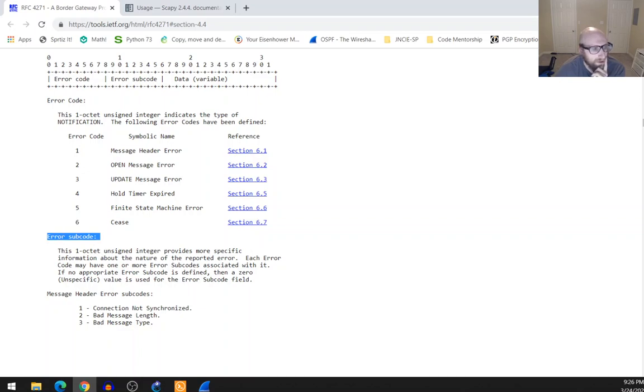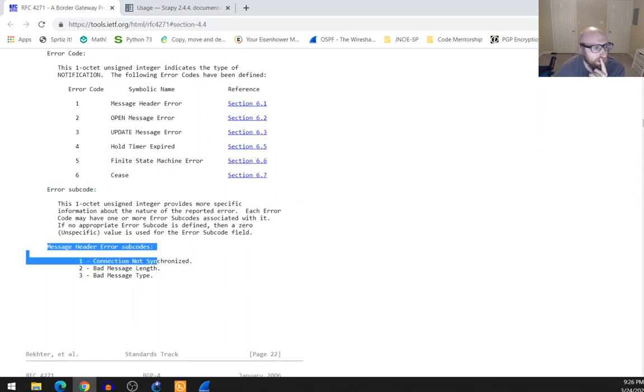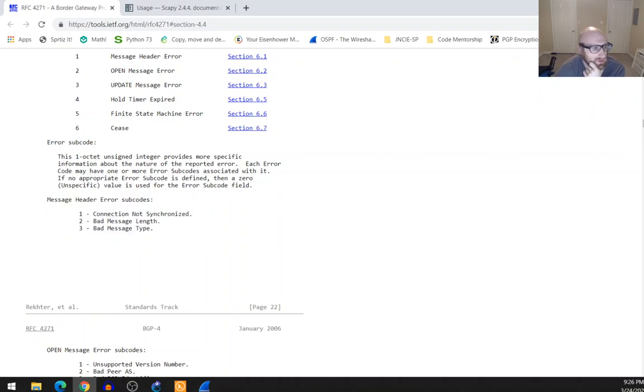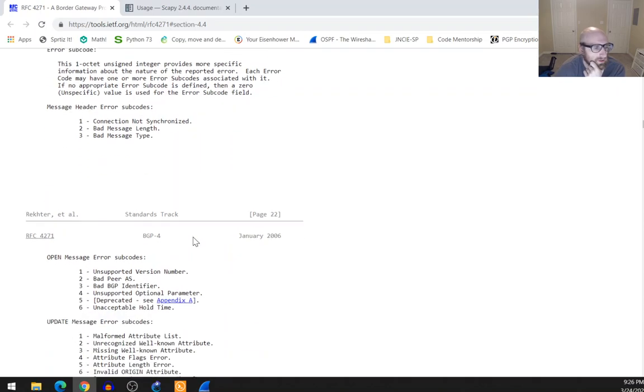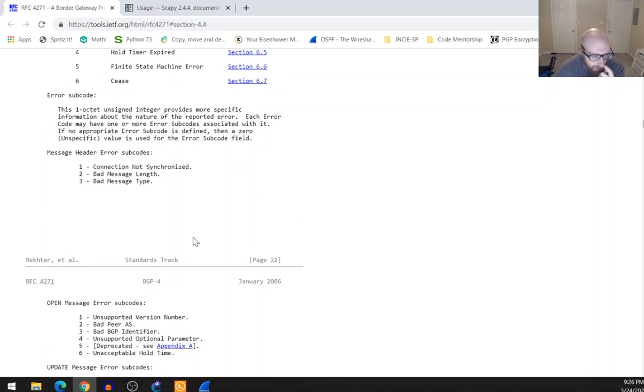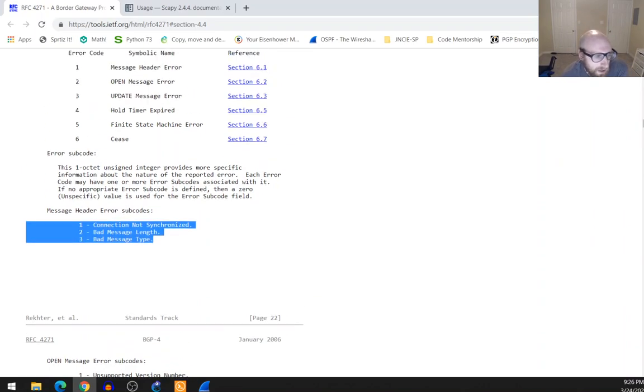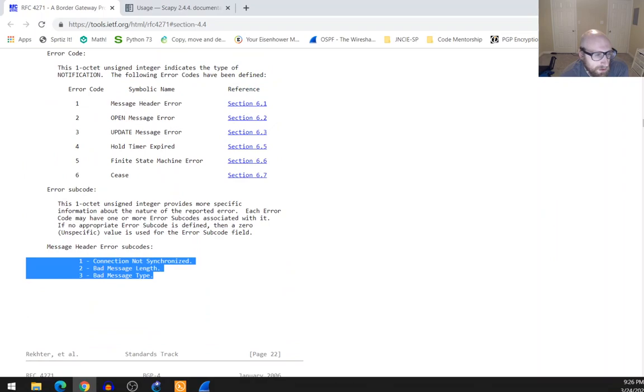Okay, so here's the first type of error that I would like to try to trigger. This will occur, number 1, if the connection is not synchronized, number 2, if there is a bad message length, or number 3, if there is a bad message type. So this is where I can use Scapy. I can craft a custom packet and send it to a device, and it could have one of these 3